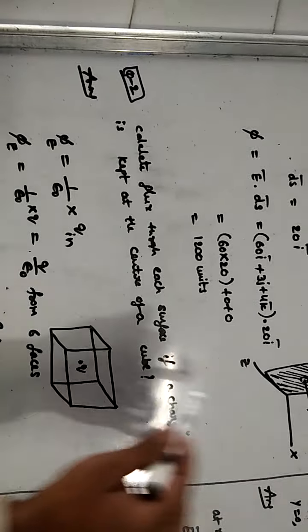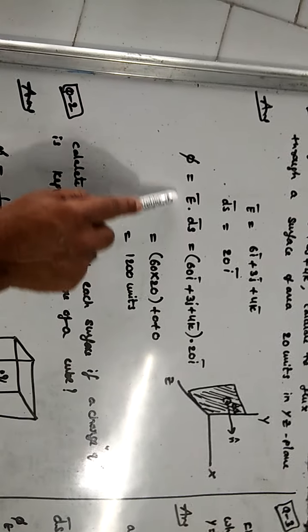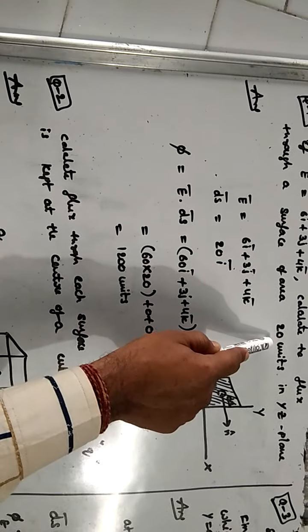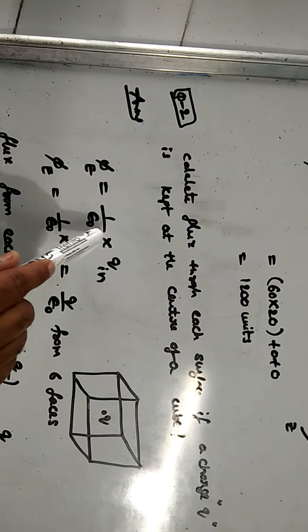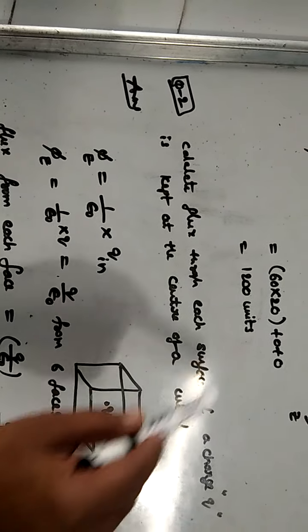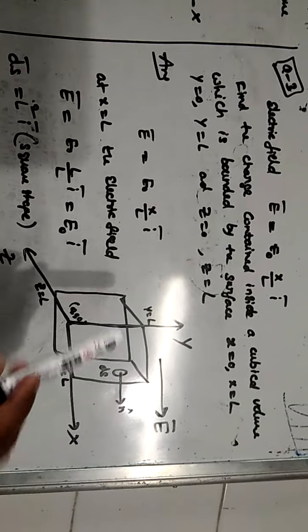Again I want to mention the difference between these two numericals. Here I am applying E bar dot ds bar, since area is given and electric field is given. But here a point charge is given, so I am applying 1 by epsilon naught times the charge inside. So these two differences you have to catch. And one more application I am giving, it is in the textbook also. So many times it came in the final exams.